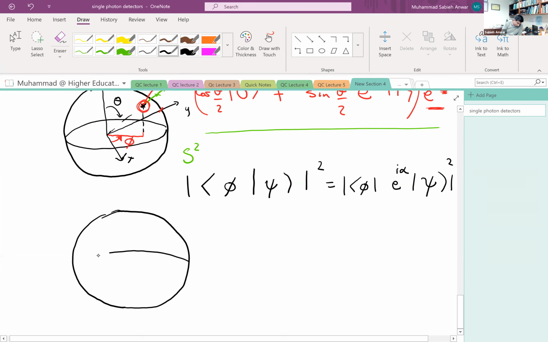The global phase is immaterial for interferometry. It's the relative phase that matters. Yes. Okay. Now let me give you an example of